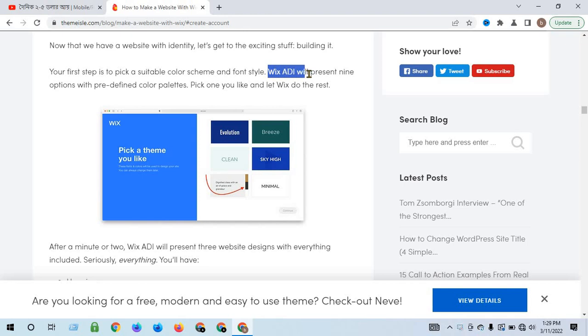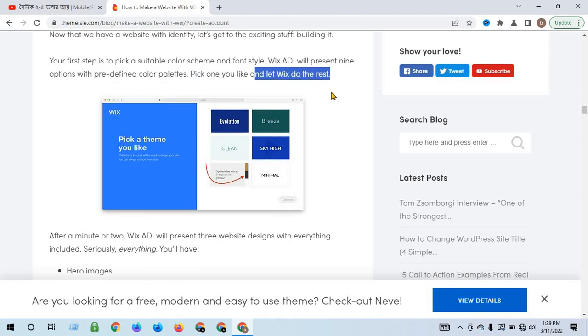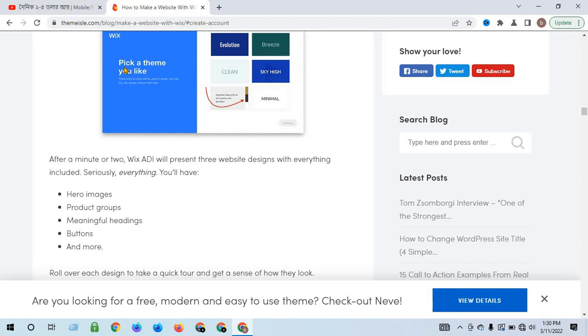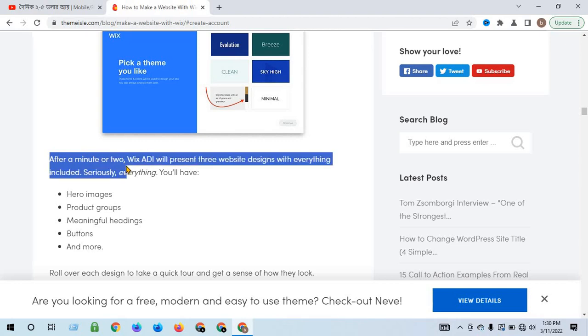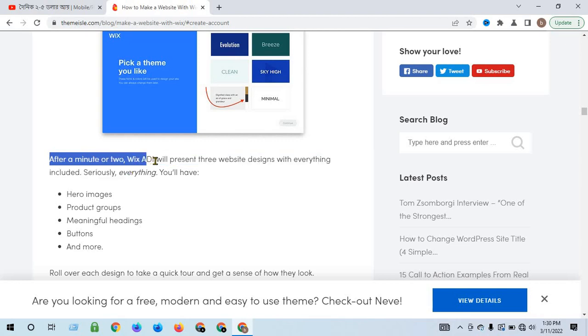Wix ADI presents several options with predefined color filters. Pick one you like and let Wix do the rest. Pick a theme you like. After a minute or two, Wix ADI